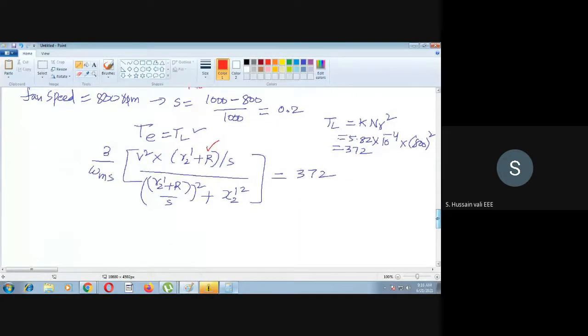So when you solve this equation, please solve it yourself, because now it's a quadratic equation you will get. So you will get two answers for the R value. I will tell you, 2.656 ohm. The other answer is minus 0.286 ohm. So mathematically it may be possible, but practically this negative resistance is not possible. So we will strike it out. So solving this equation, this is the answer.